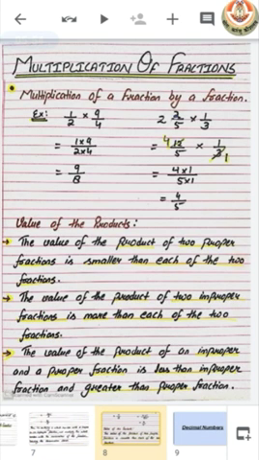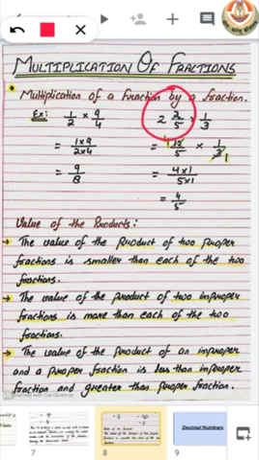Now, how can we multiply a fraction by another fraction? For this, very simple, we just have to multiply numerator with numerator and denominator with denominator. You can easily see here, we multiplied 1 by 9 and 2 by 4 to get our answer. It is the same for the mixed fraction case. First we have to convert the mixed fraction into its improper fraction form. Then it becomes a multiplication between two fractions.